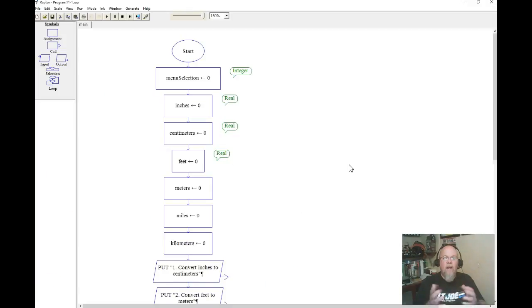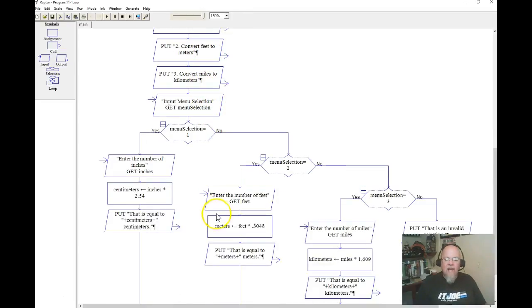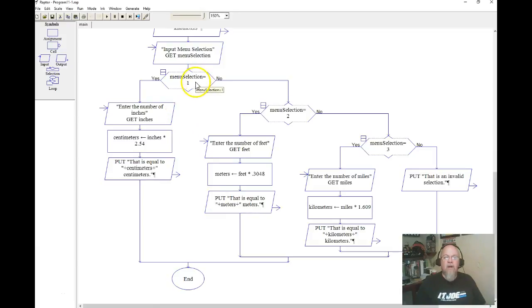Okay, so here's what we have. We create a variable called menu selection. We've got inches, centimeters, feet, meters, miles, kilometers. So we've got all those different variables set, and we've got them initialized to something. Then we're going to put on the screen 1, convert inches to centimeters, 2, convert feet to meters, 3, convert miles to kilometers. We're going to get that, and then we're going to do a